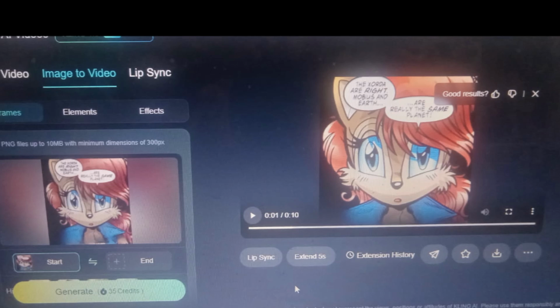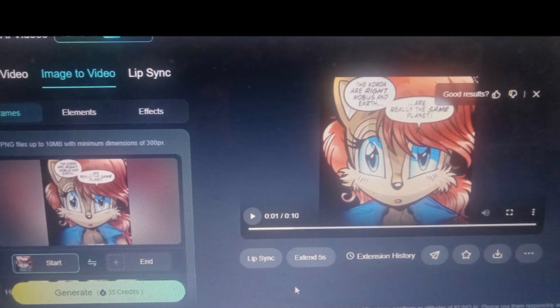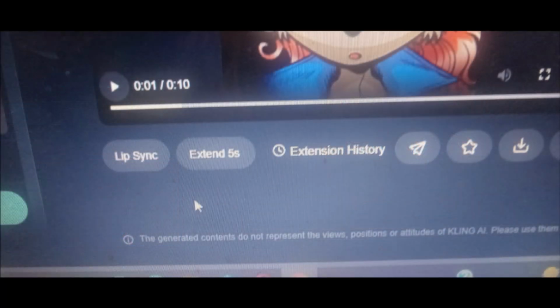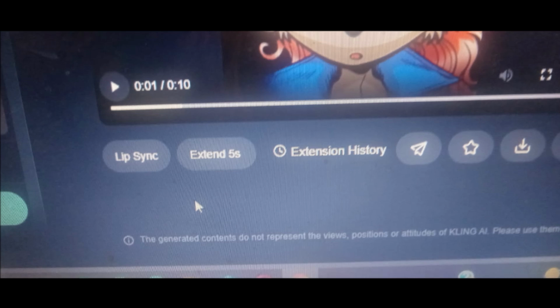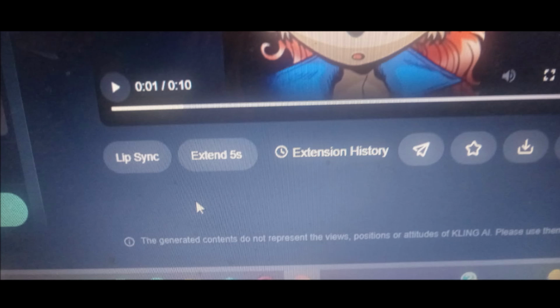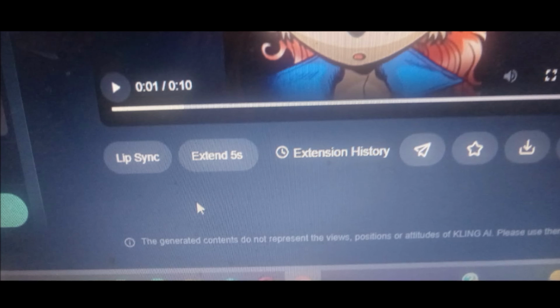So basically, from an extension standpoint, Luma and Kling are at the top because they are unlimited in the extending of how long you can expand your video. Pixverse is number 3 at 30 seconds. Or 35 at least, 35 seconds. And Runaway is after that at number 4 with 18 seconds. Well, Pika is at number 5 with 15.